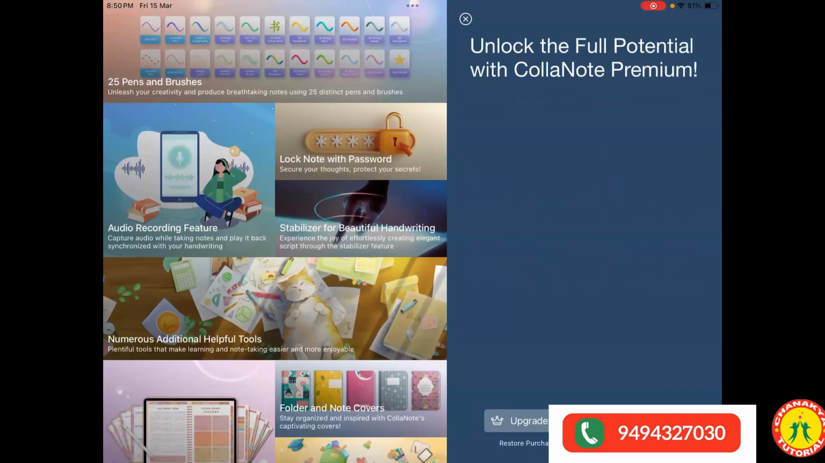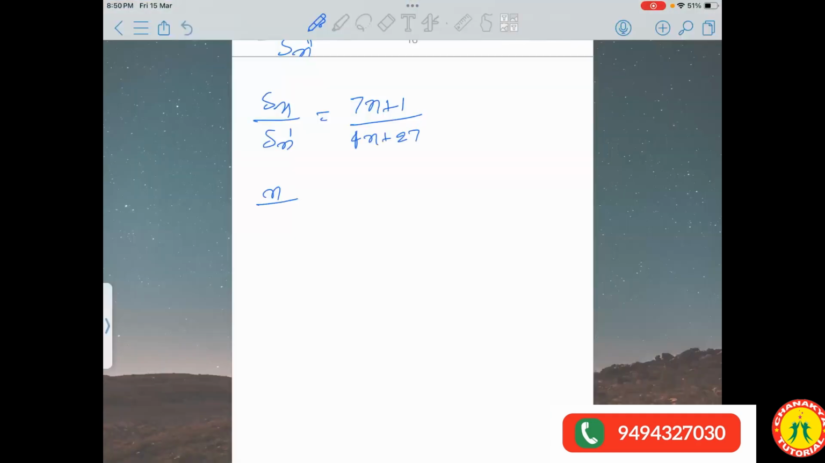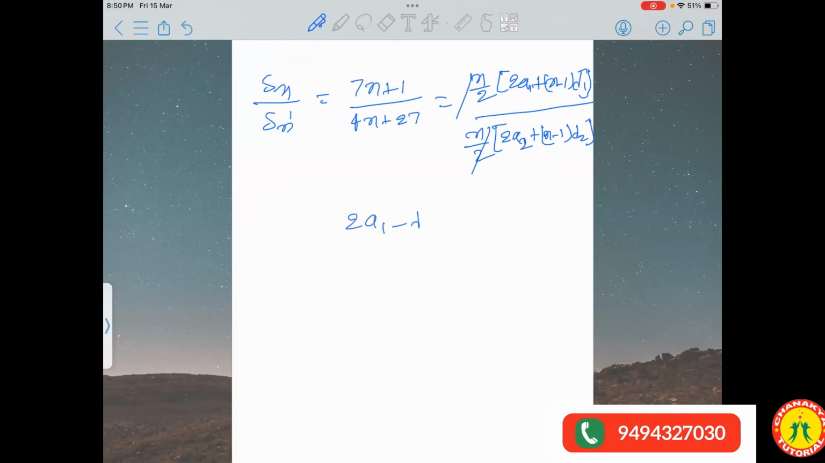4n plus 27. So we can write now Sn compare. Sn is equal to n by 2 into 2a1 plus n minus 1 into d1 for the first AP, and for the second AP, n by 2 into 2a2 plus n minus 1 into d2. The number of terms in every AP is the same, but the first term and last term are different, right? Now n by 2 cancels out, so we get 2a1 minus d1 plus n d1 upon 2a2 minus d2 plus n d2 is equal to